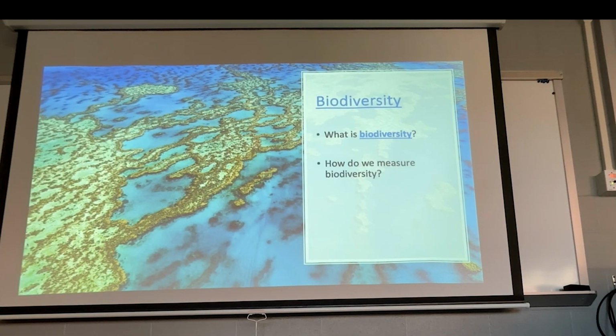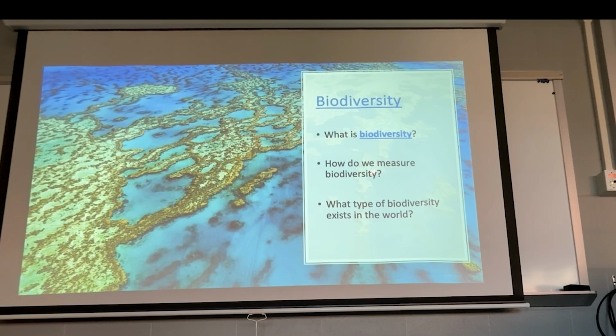The first thing we want to do is make sure we know what biodiversity is, which is the number of species occupied in some space. That could be a really small local space, like a local garden or forest, or it could be Africa. What's the biodiversity of Africa? How many species do we find on the continent? So it could be very global, very large, or very local. But biodiversity is the measure of species richness and the evenness of the distribution of those species across the community or across a certain area.